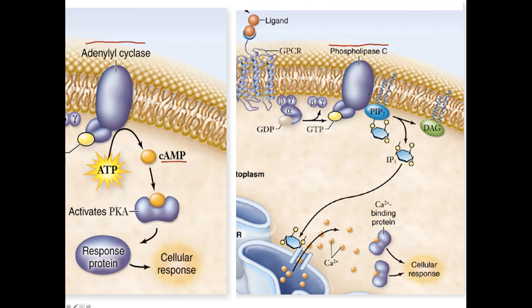So let's look at the molecules that are second messengers here. Let's look at cyclic AMP and its production by adenyl cyclase, and let's look at DAG and IP3 and its